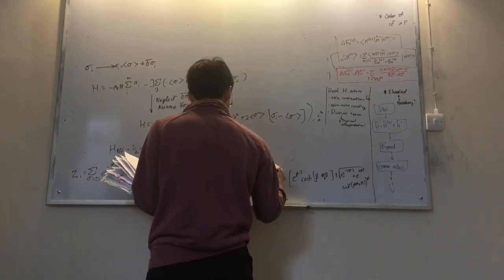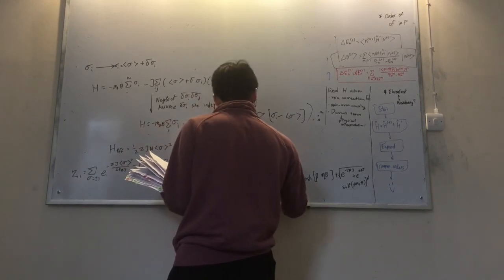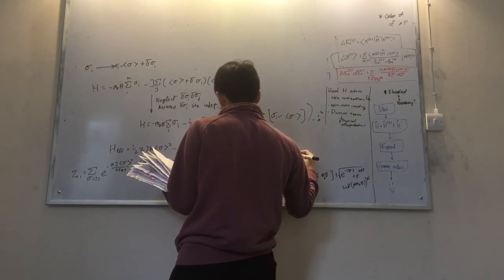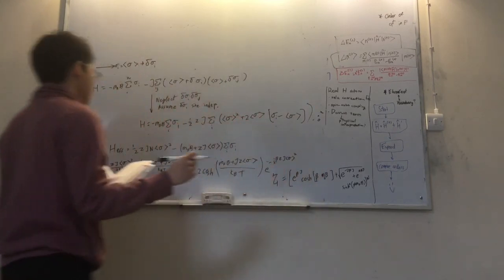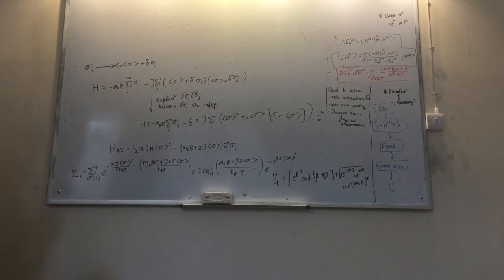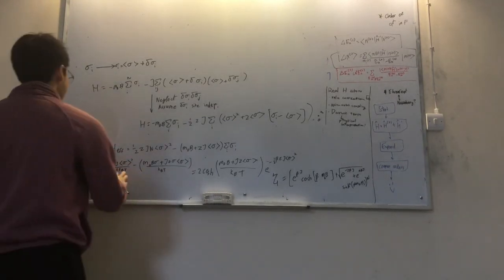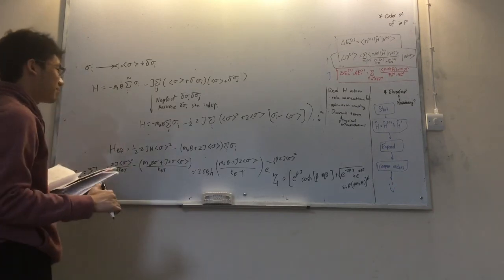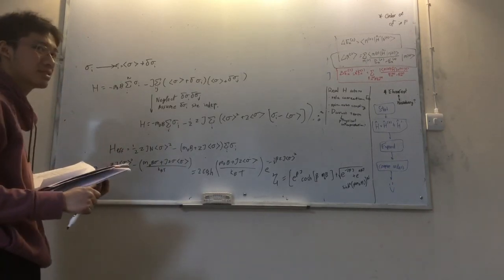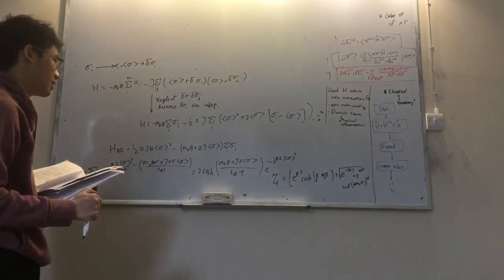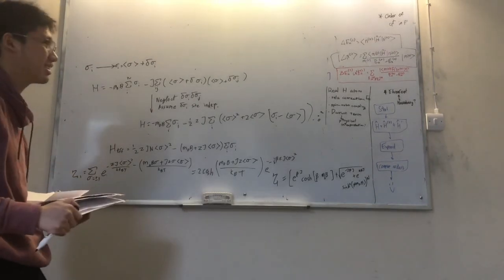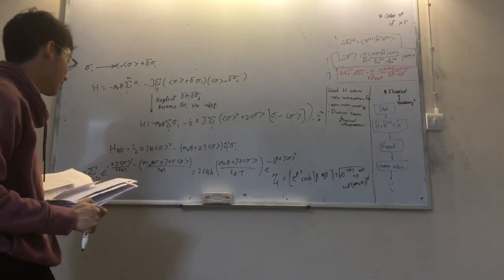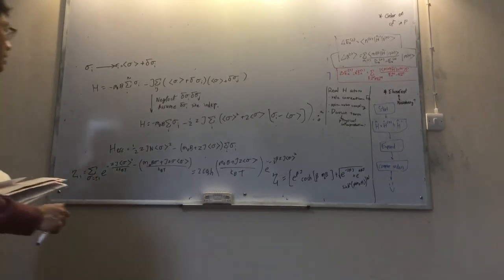So e to the negative beta Z J sigma squared. This is achieved by taking this in here. There are two possible outcomes: sigma is either plus or minus 1. Stick that in there. So H effective is from the mean field. H effective is saying that